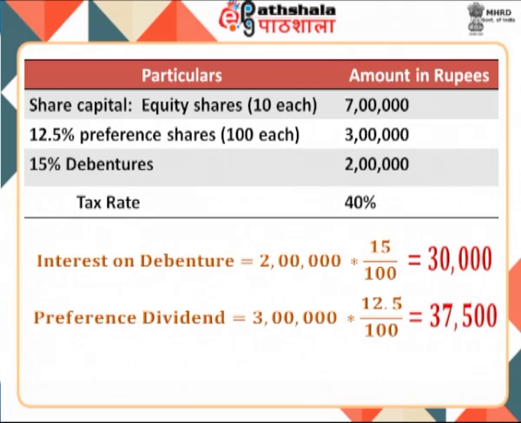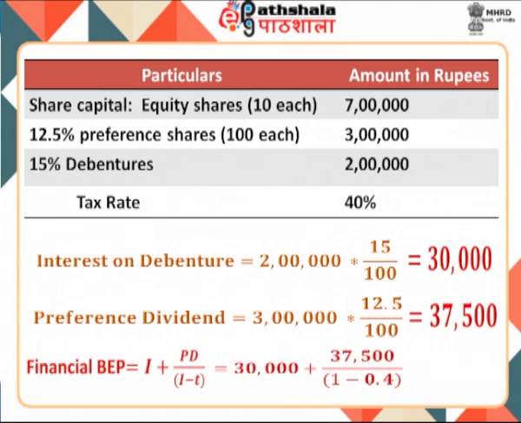37,500. Thus, the financial break-even point is equal to interest, that is I, plus preference dividend, that is PD, whole divided by 1 minus T, that is tax rate, which is equal to 30,000 plus 37,500 divided by 1 minus 0.4, which is equal to